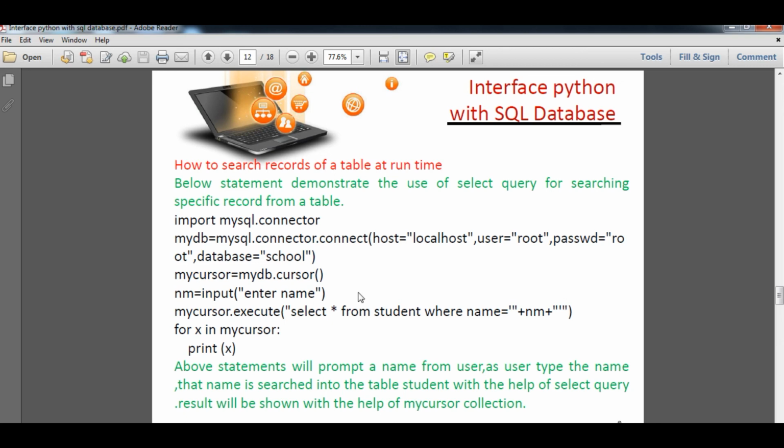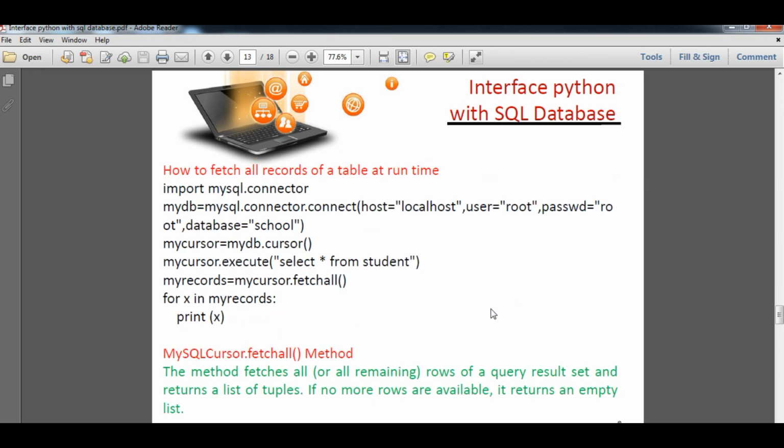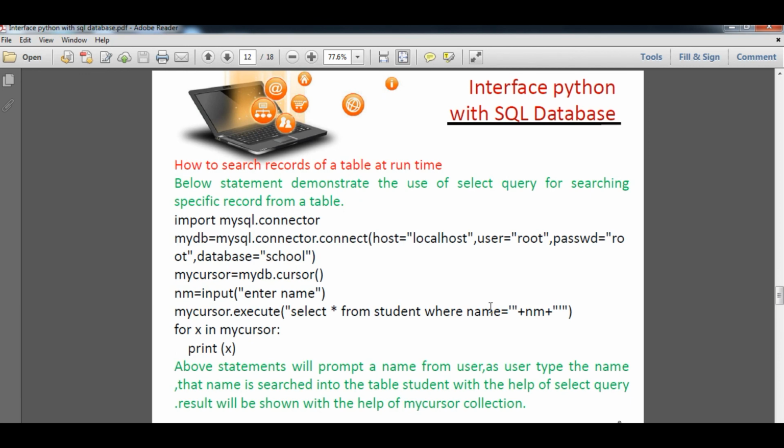You can see this double quote indicates closing, and this double quote shows the first double quote, and this single quote shows the closing of the particular statement. And after that we can traverse it with for x in mycursor and print x. We have used a for loop here because the same name can have multiple records also. So here we have understood how to search. So students, I hope you have understood it as a revision part today. Till then, students, thank you and have a nice day.